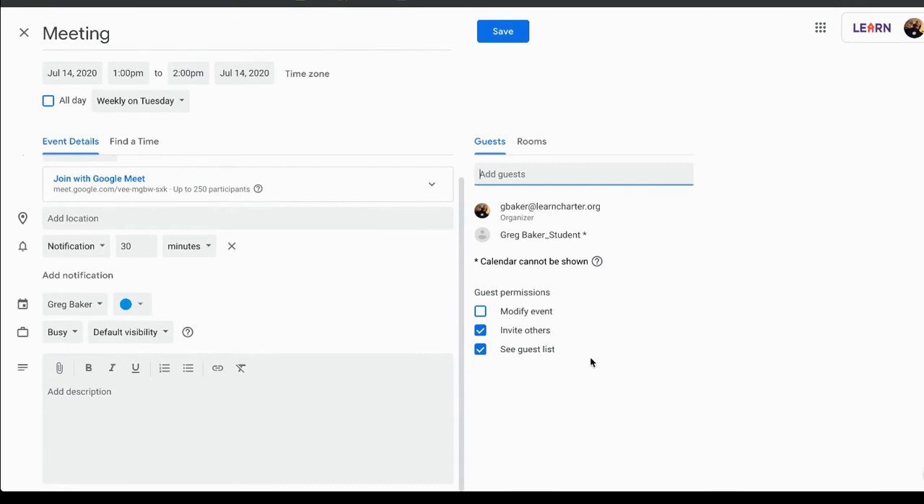Underneath that, you have a few permissions options. So if I wanted my guests to be able to invite other guests, I can leave that. But if I don't want any other people invited, I can uncheck that. I can also uncheck this box so that my guests can't look and see who else is coming to the event. Again, those are up to you. Once you're finished, you click Save,